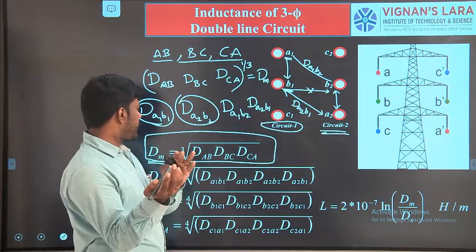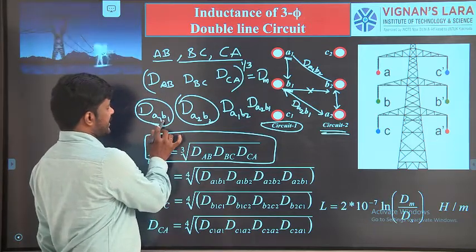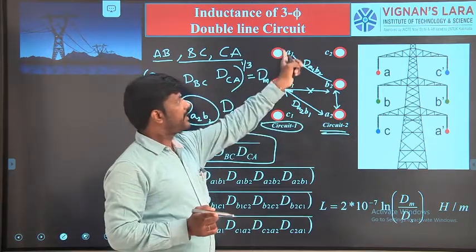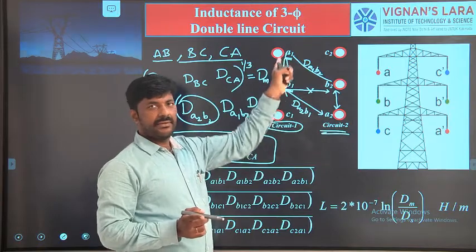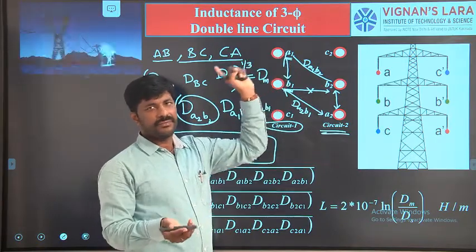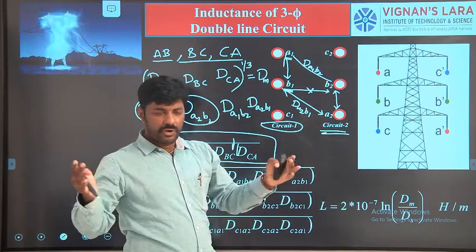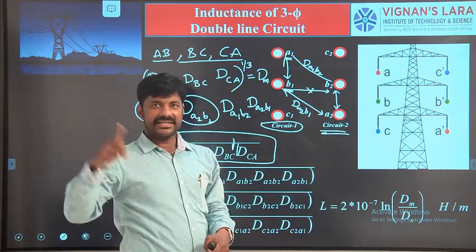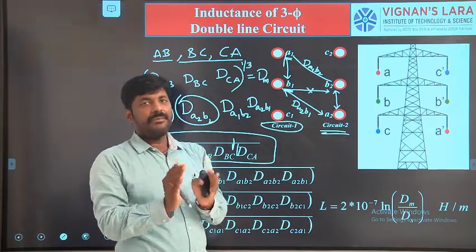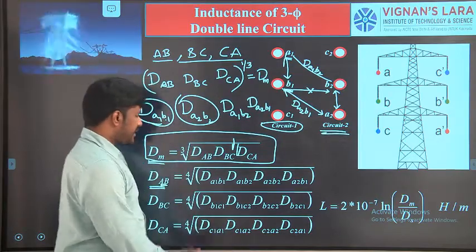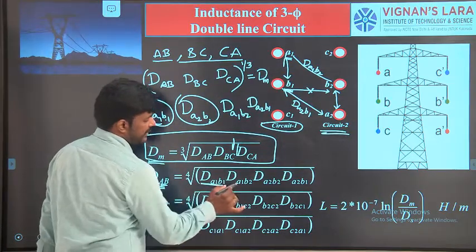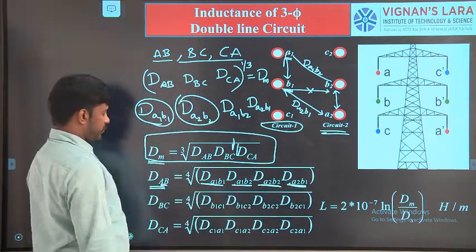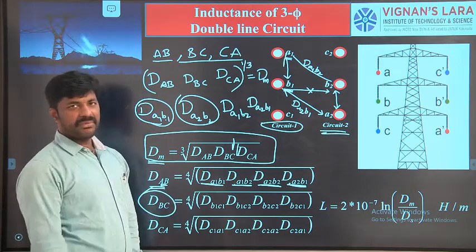You may ask me, why are you not considering the distance B1 to A1, sir? A1 to B1 you have considered. Why not from B1 to A1? Of course it will be there, it is the same value. If you take more products, then the whole to the power 1 by that number gets cancelled again. That is why I am taking the minimum possible distances. The minimum possible distances are D A1 B1, A1 B2, A2 B2, A2 B1, whole to the power 1 by 4. The same logic is applicable for DBC also.